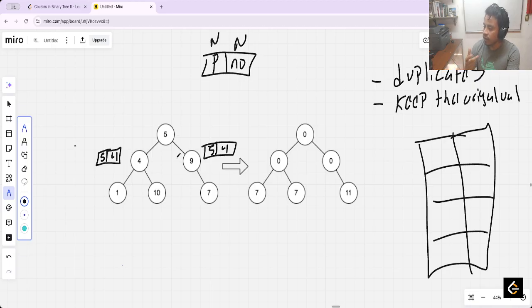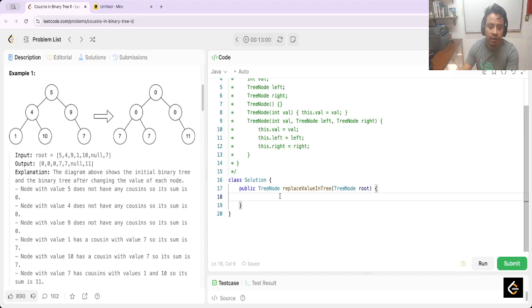For this reason I use the parent. It's a BFS. It's basically a BFS, but with the difference that we need to add an extra step. Yeah, and in this case is